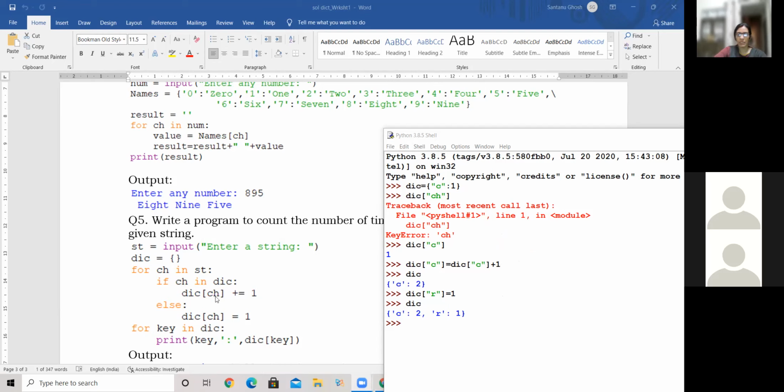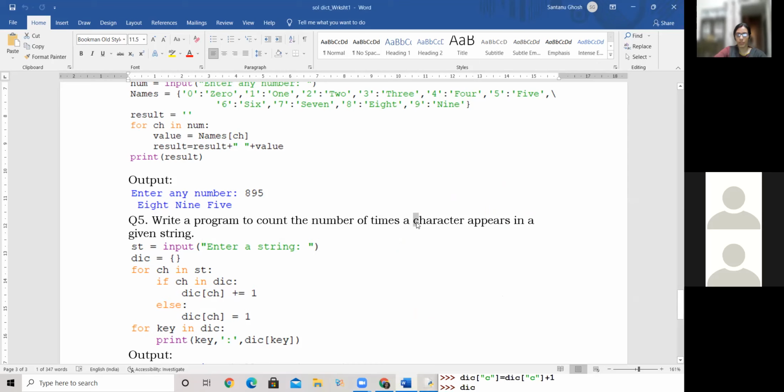And ultimately, when this entire loop finishes, like he picks up the first character, then checks, and then either increments or assigns. Next one, increments or assigns. This whole loop finishes with all the characters of this string. Right, like what will happen? C will be fetched first. So C1, H1, A1, R1.